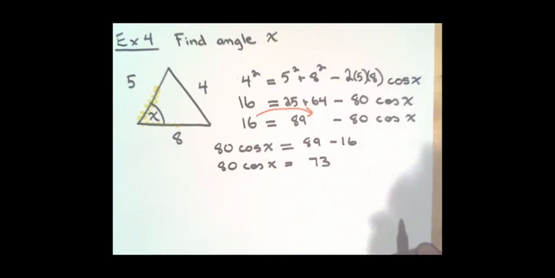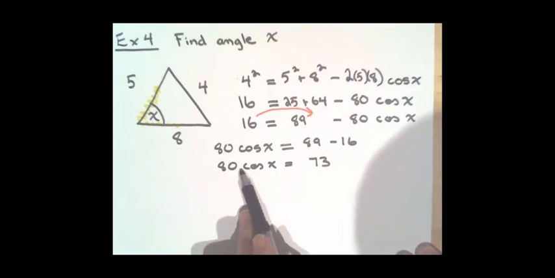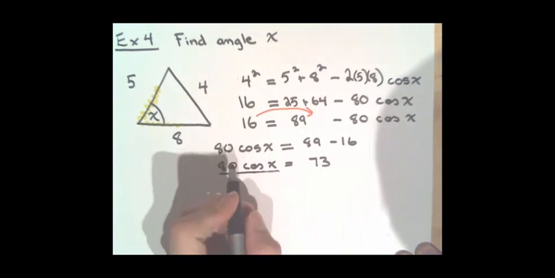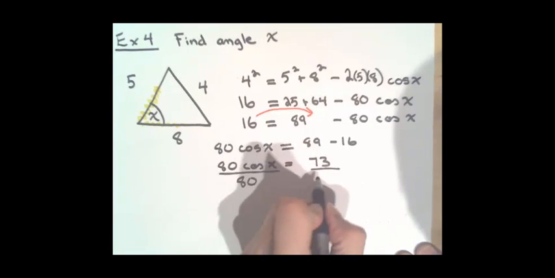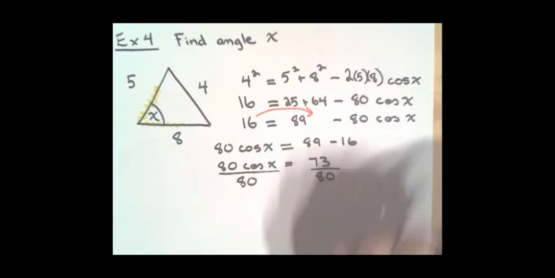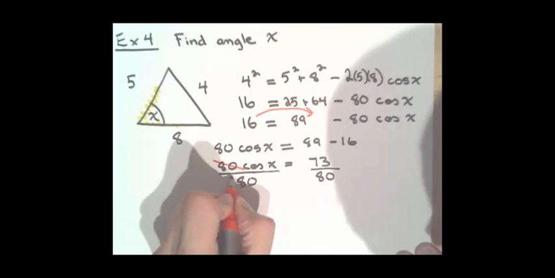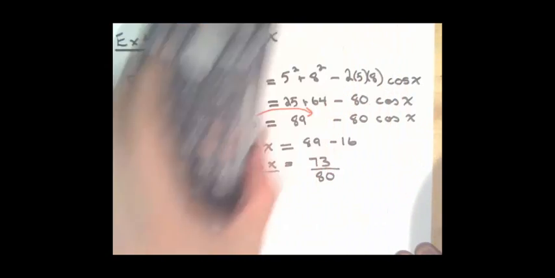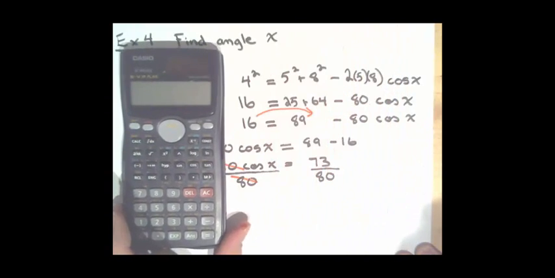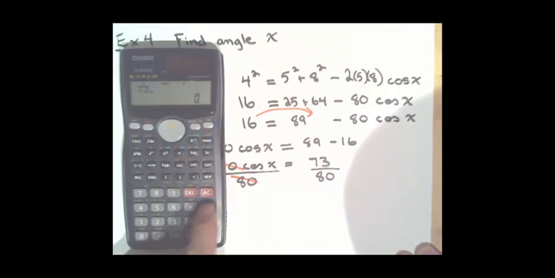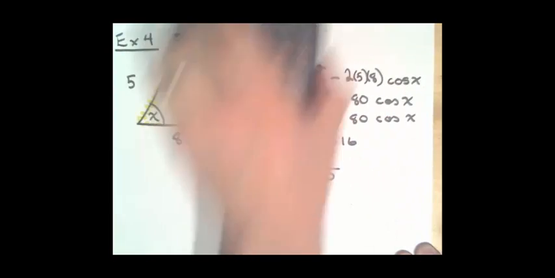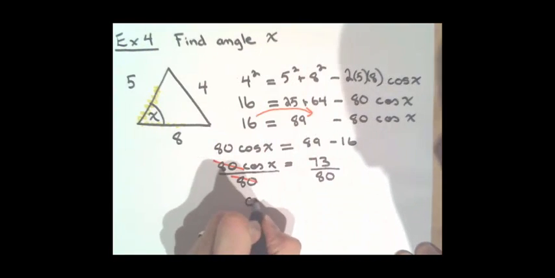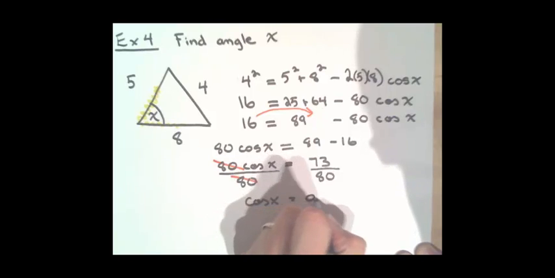Alright, so 80 times cos x equals 73. I have to undo 80 times cos x by doing a divide by 80. And I also have to do that on this side of the equal sign to balance the equation. And that cancels this 80. Grab your calculator, and you'll need to know what 73 divided by 80 is. 0.9125. So cos x equals